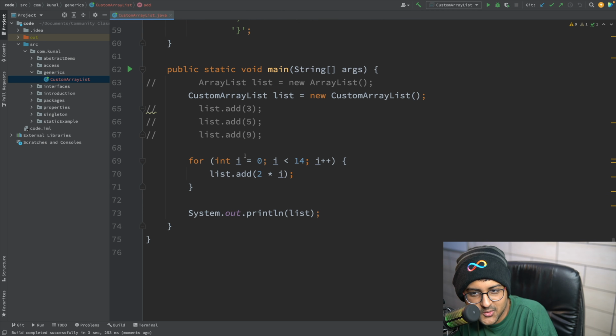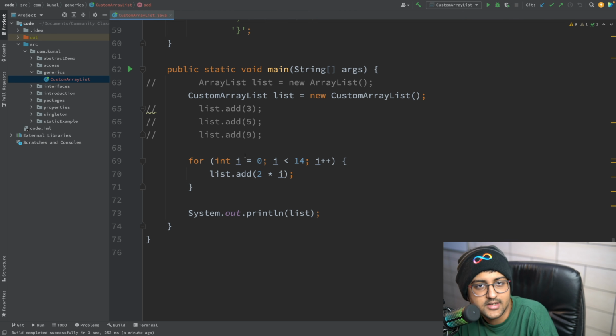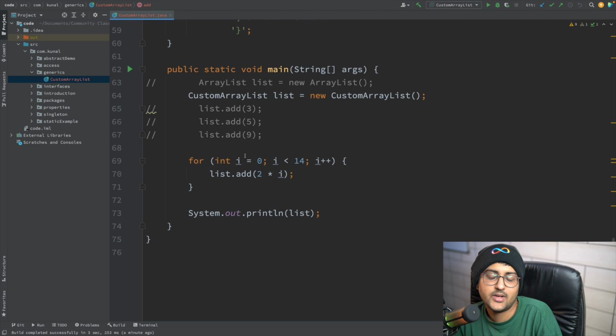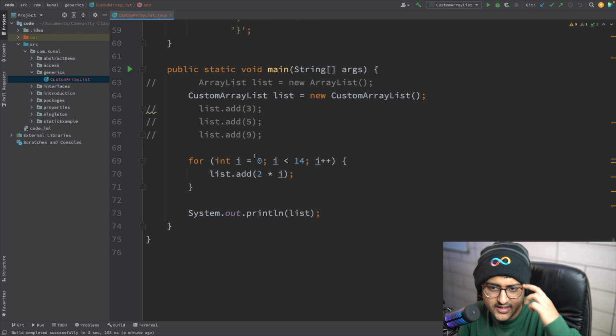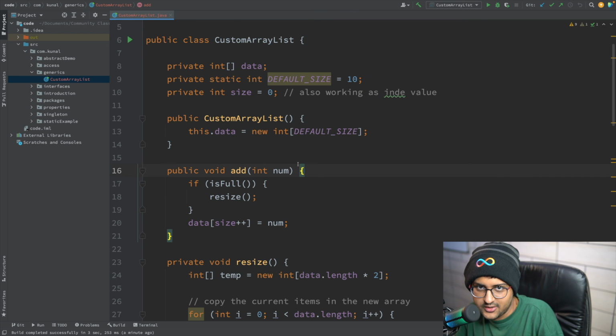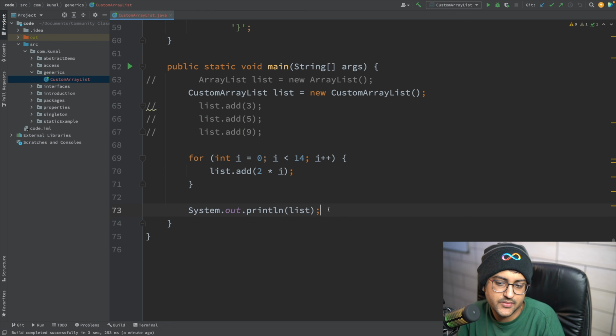No. You can store characters, you can store even custom data types, you can create an array list of student types, right? You can create an array list of strings as well, complex objects as well, integers, floats, booleans as well. Is it allowing us to do that? No, it's not. It's just saying that it's of type integer. That's it, right?